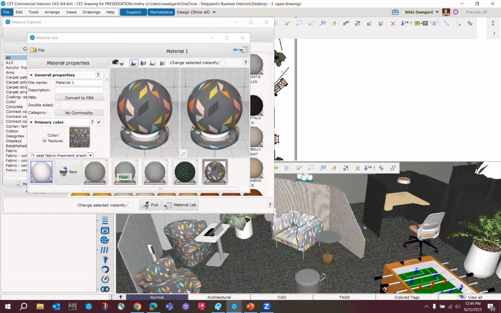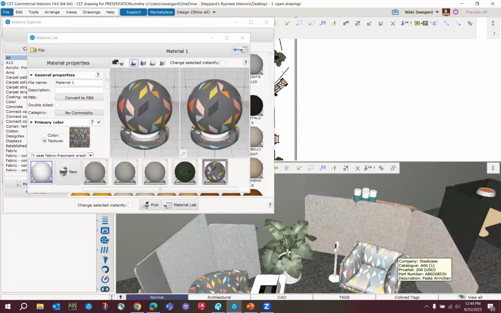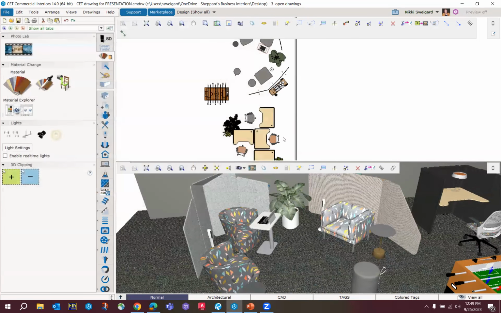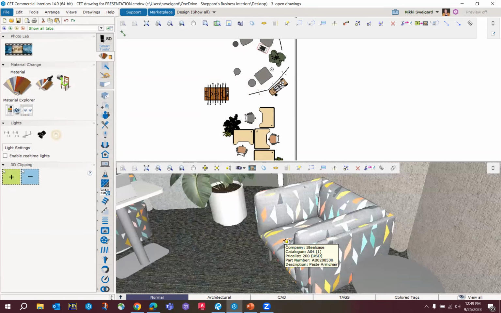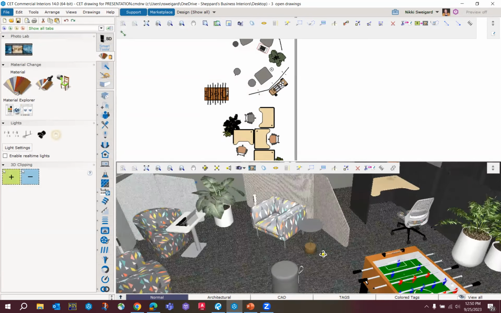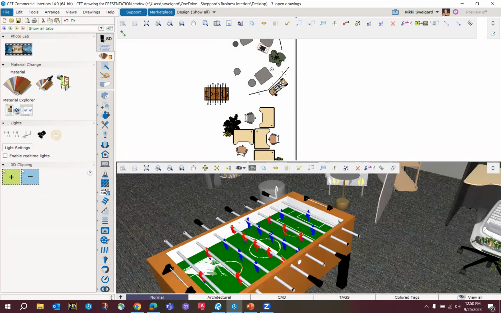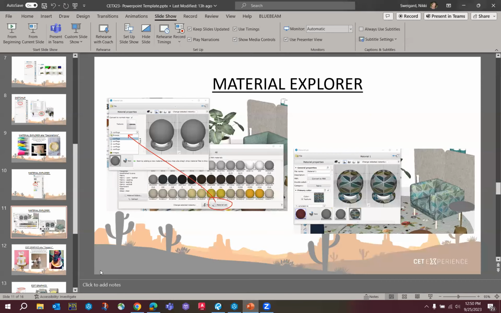I can apply it to all my chairs. I can even apply it to this. So just a little tip on how you can bring in, say, your actual fabric. And I will stop there with Material Explorer because what I want to show you is how we're going to fix the scale on our chair. And maybe they said, you know what, we ordered this in a yellow and not whatever the SketchUp symbol is showing. So let's go back to